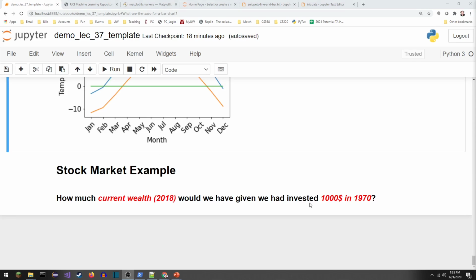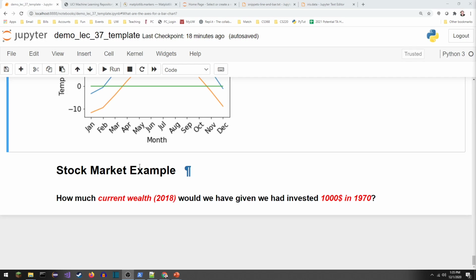All right, one final example. So this is going to be some stock market data downloaded from Wikipedia. We downloaded the data table a couple years ago, and we've just been using the same one so we don't spam Wikipedia with download requests as everybody goes through the lecture. Here's the idea. The table goes from something like 1970 through 2018. We didn't get the updated one. But if we had $1,000 in 1970 and invested that money, how much would we currently have? And we're going to be investing in the S&P 500. I'm not an economist or a finance kind of guy. I have people that do this for me, so I'm not really sure what's going on, but I can explain